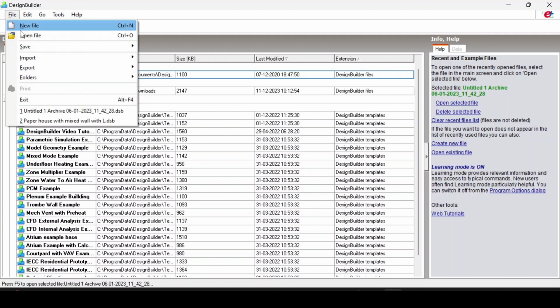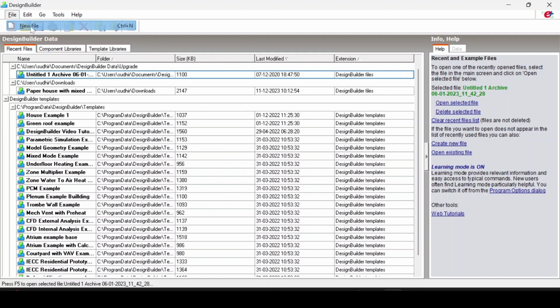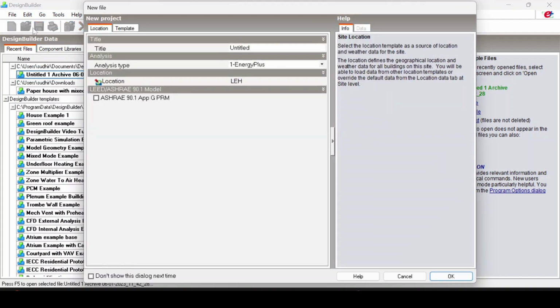So let's create the new file. Here we will be starting from here. When you click on the new file, you can mention the title here. Parallelly, all of you try to solve as I am doing it, and also try to simulate the case. You can mention here a base case,